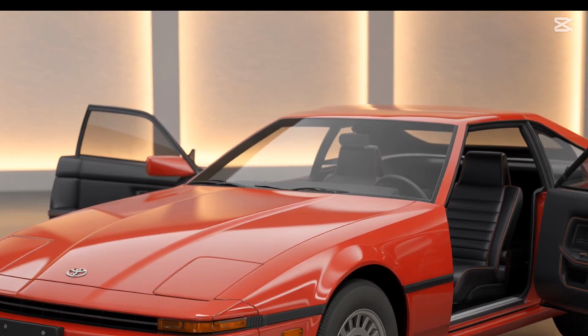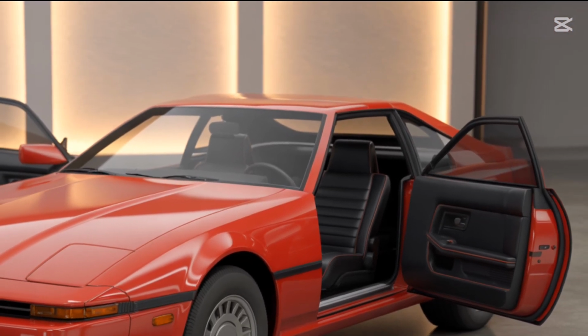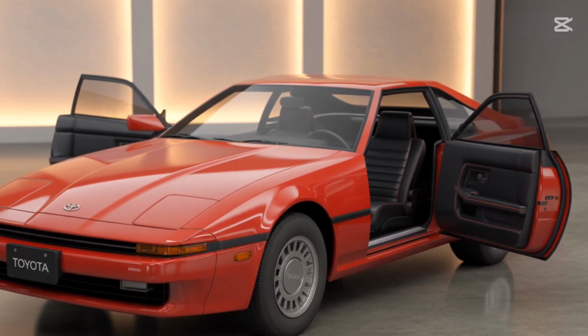Section 6, community and modding scene. Clips of modded Supras, car meets. Narrator: And just like the A80, the A90 is